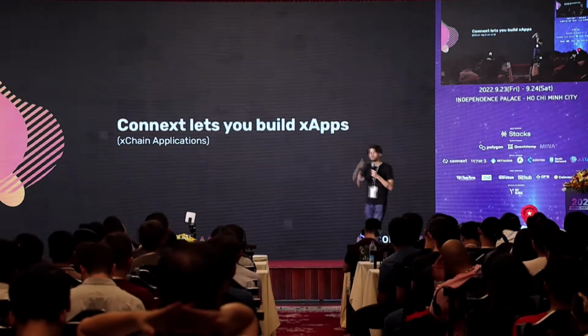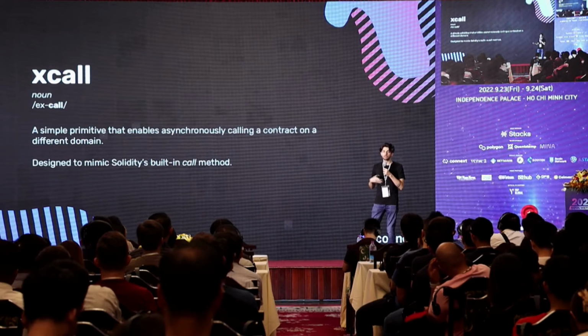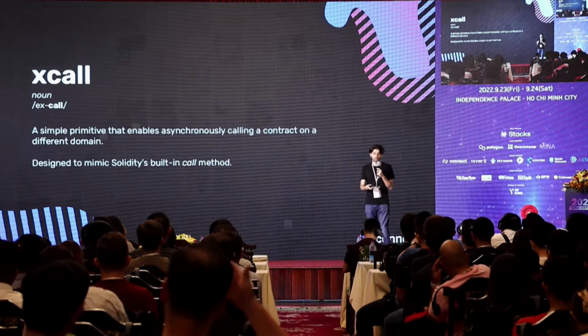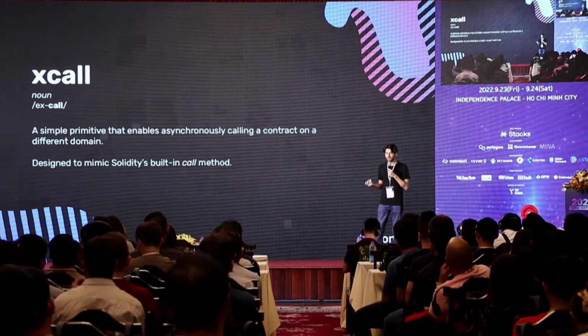And this is similar to how you build applications in places like JavaScript. So we introduce within Connext this primitive called xCall. xCall is a simple mechanism that actually maps to the lower level Solidity call function. Solidity has a call function that allows you to call a contract on the same chain, basically just execute a transaction against some contract function on the same chain. xCall is the same thing but across chains. So rather than doing a synchronous call to a function on the same chain, you can do an asynchronous call to a function on a different chain. This is really similar to how JavaScript works.